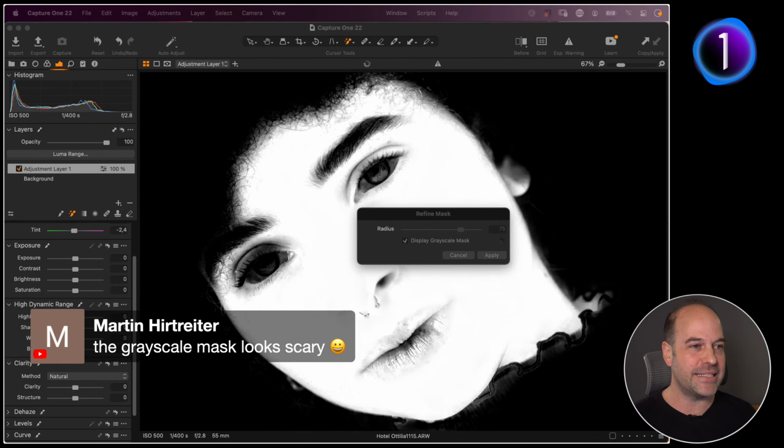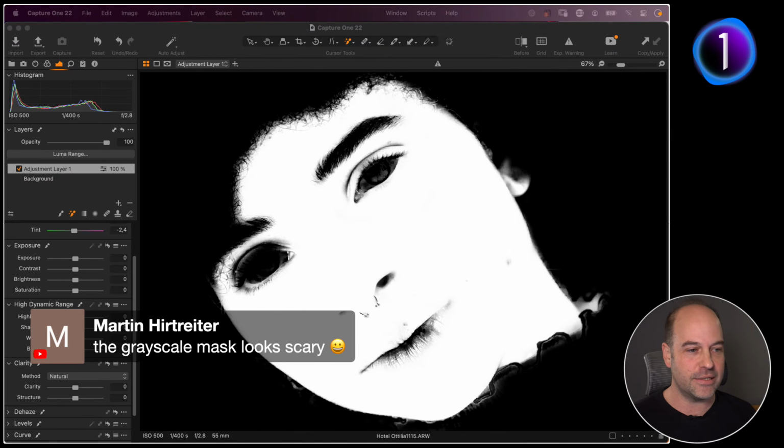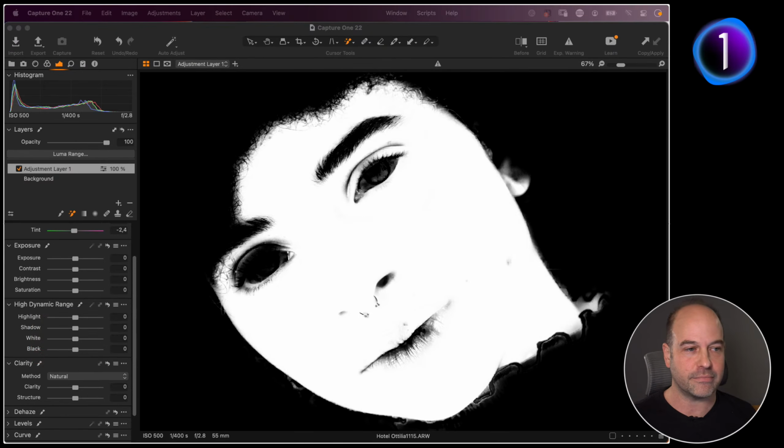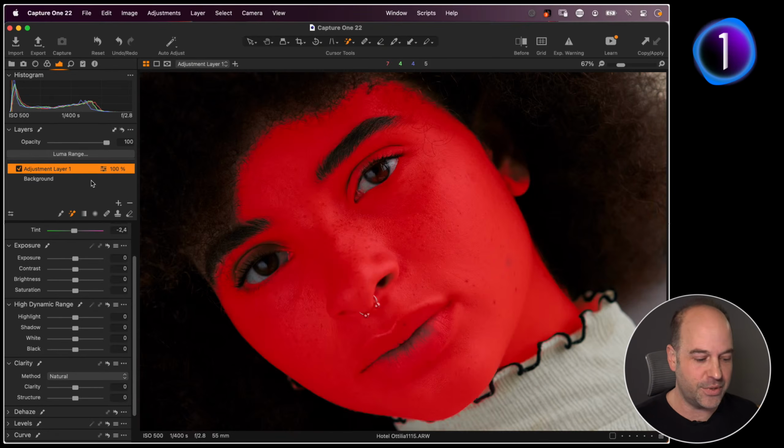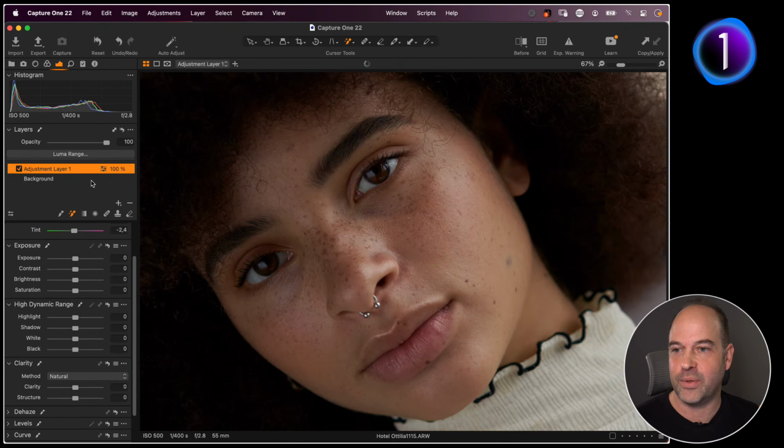Martin says the grayscale mask looks scary. Yeah, it does look a little bit scary. So what can we do with this shot? This is just really a quick way to do a nice skin tone edit without having to do any